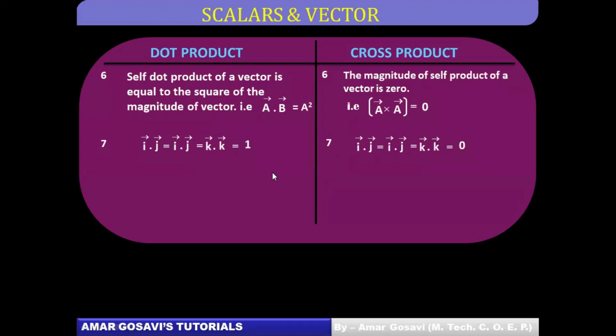Make the correction in the 7.8 point. I dot J, J dot K, and K dot I, because of 90 degrees, cos 90 is 0, so 0. Whereas here in this case, 8 point, it should be I cross J. Make that correction. I cross J will be K, J cross I will be minus K. Here it should be cross. Here also it should be cross. Make those corrections, friends. Typographical errors, but crucial.